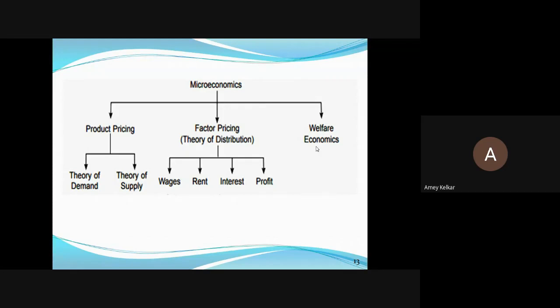Now, when I say wages, you cannot pay 2,000 rupees per day for a laborer, right? No. Why? It doesn't fit in your microeconomics. Then rent. If you want to put up a godown and say the rent is 10 lakh rupees, no, we cannot do that. Why? It doesn't satisfy our theory of distribution. Then when we take a loan, the interest which we have to pay has to be calculated again by theory of distribution. Then the profit which we earn is a result of all this. And when we earn profits, it's our social responsibility to do welfare economics.